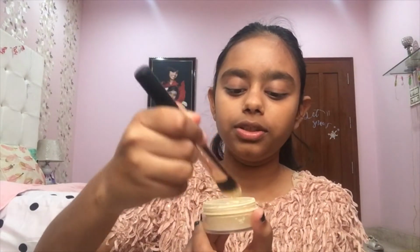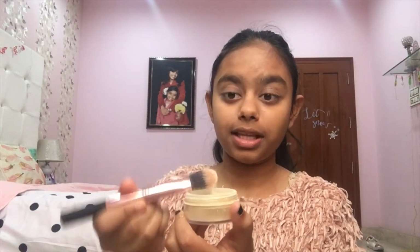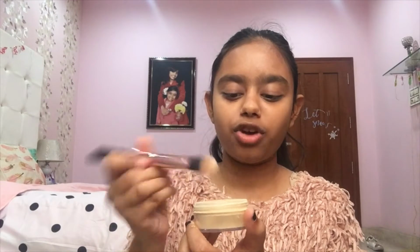It is a foundation brush, but I'm gonna use it as my powder brush. So I'm taking this Bharat and Dorris loose powder. It's a very affordable drugstore loose powder. This is how it looks like. Then I'm just using the foundation brush, putting on some powder, tapping the extra off, and just putting on my under eye